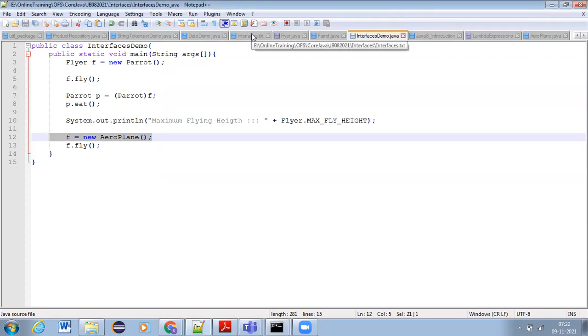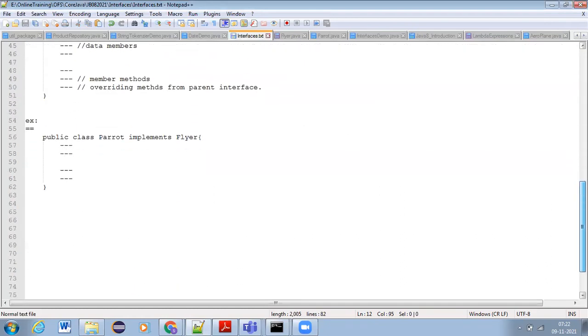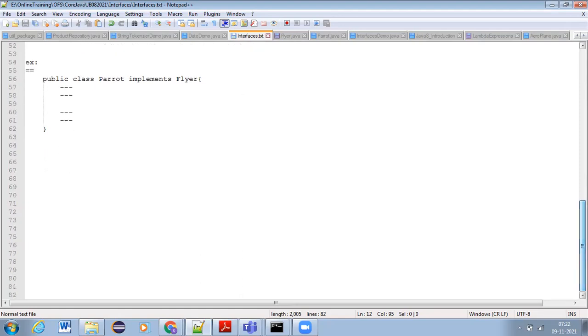Now, so far what do we know? In Java we are not permitted to do multiple inheritance, right? For a single child there cannot be more than one parent, right? In case of classes multiple inheritance is not permitted.